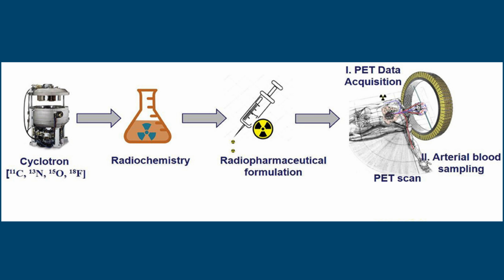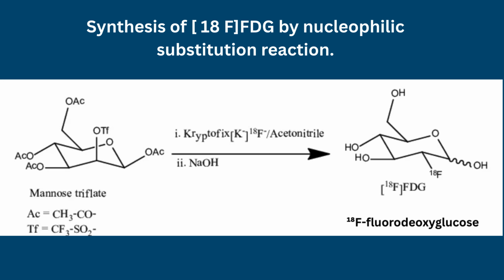PET radiopharmaceuticals are designed by integrating positron-emitting isotopes into organic molecules that participate in or mimic biological processes. Among these, fluorine-18 labeled compounds are the most extensively utilized due to the favorable chemical properties of the carbon-fluorine bond, which imparts metabolic stability and allows for diverse synthetic transformations. The most prominent example is